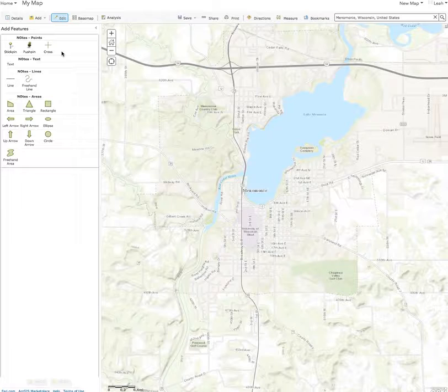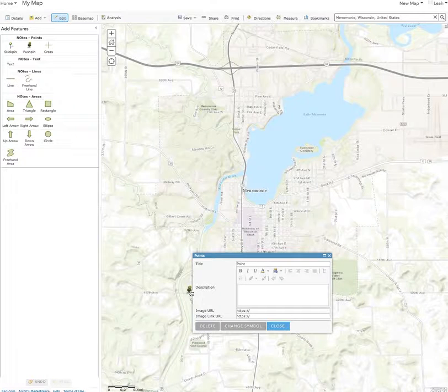So one of the things that I've asked you to do is put in a push pin, and so I'll click on the push pin symbol, and then wherever you're going to put that push pin, go to the map and click, and that push pin will be there. You can give it a name,